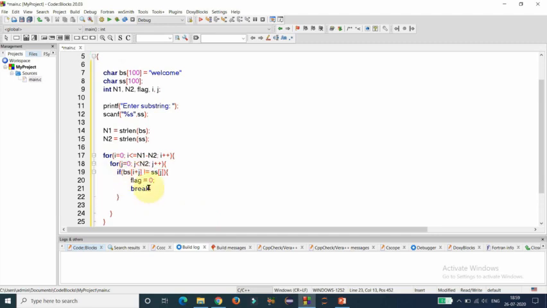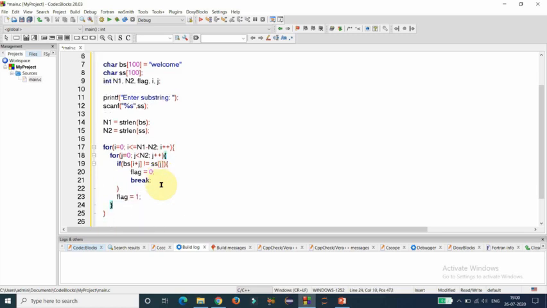So if this if condition is not satisfied during the scan, that means all the characters are matched. The characters under the window are exactly the same as the characters in the substring. Then we have to place 1 in the flag. Okay, one scan is over. Then the next scan: that means we are moving the window to the next position in the base string. When that movement is required, if the flag is 0, then only we have to go for the next scanning. Otherwise no need to go for it.